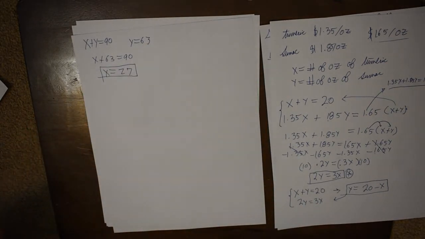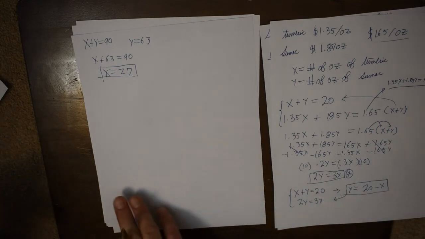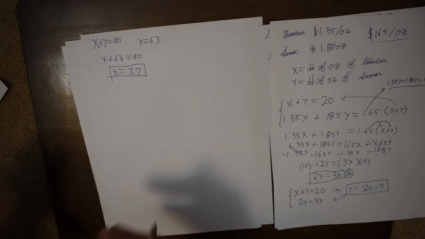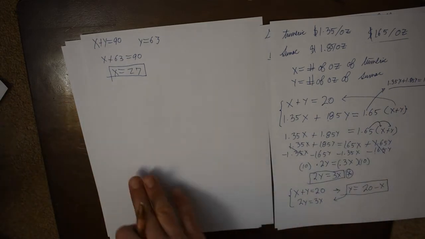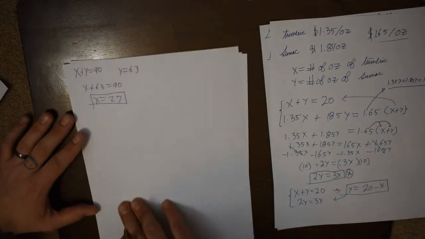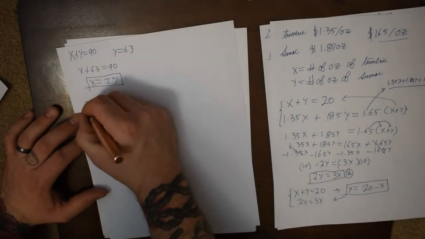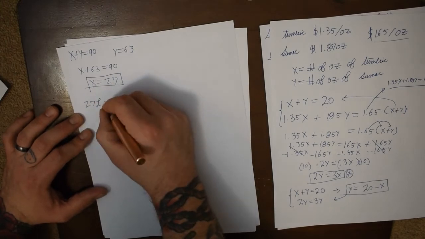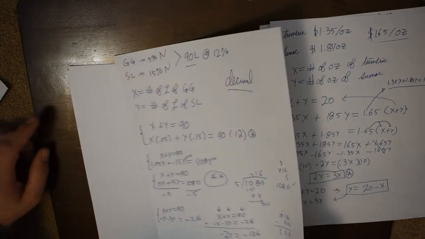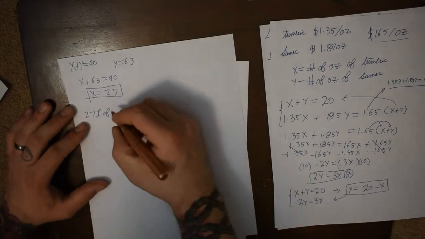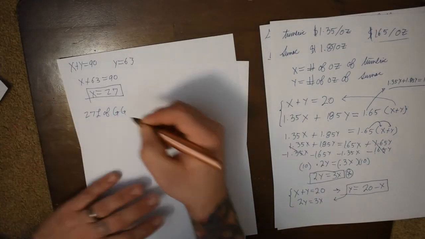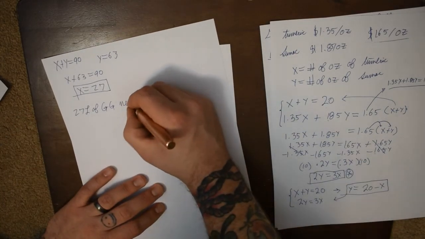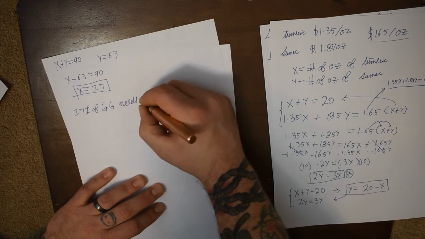But remember, this problem didn't ask us about the values of x and y. They asked us for how many liters of each fertilizer we needed to use. So we know we need to use 27 liters of Gently Green, I believe was x, of Gently Green needs to be mixed